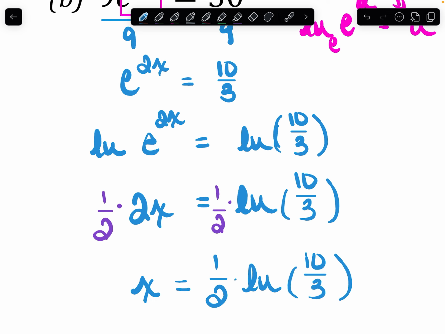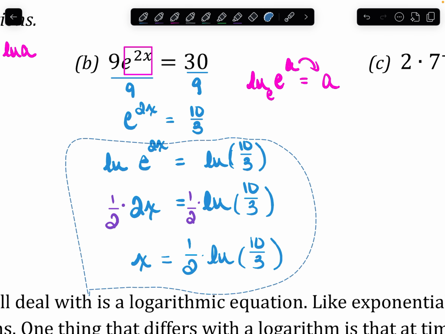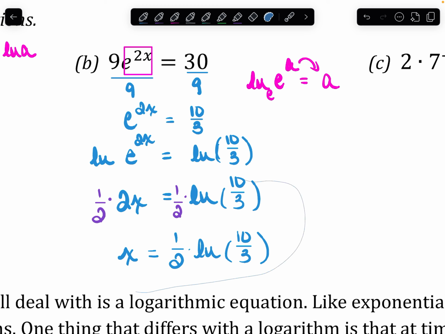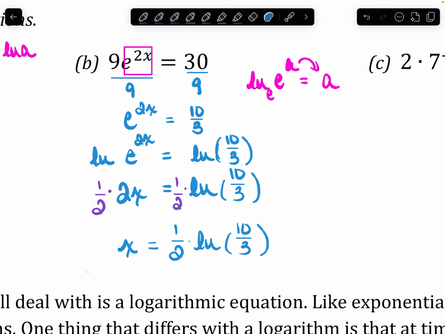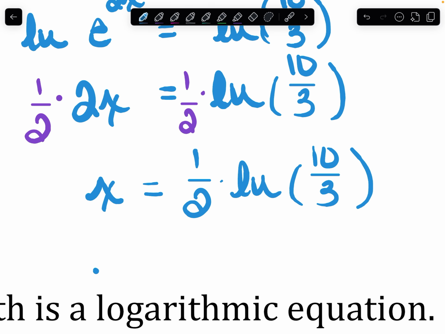Again, usually it's going to say round to the nearest tenths, hundredths. It's going to tell you to round somewhere. I like to round to 3 decimal places most of the time, so we're going to suppose the directions say round to 3 decimal places. So that's what we're going to do. Now we're going into our calculator, and very carefully, we are calculating the natural log of 10 divided by 3, or 10/3, and we are taking that and multiplying it by 1/2. And so that is going to give us x equals,